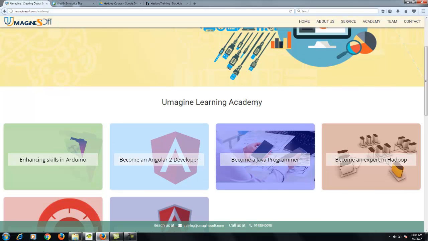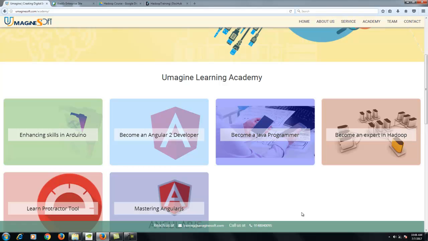We have courses on Arduino and Internet of Things. We have courses on big data and Hadoop. We also take care of training needs on Angular, which is a web platform, and QA automation open source tools like Protractor.